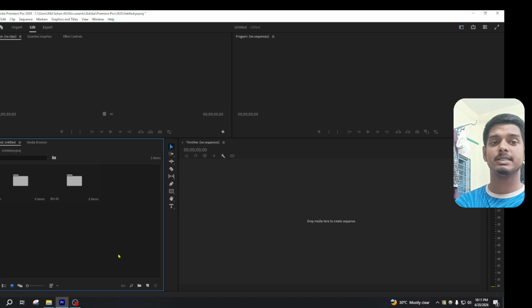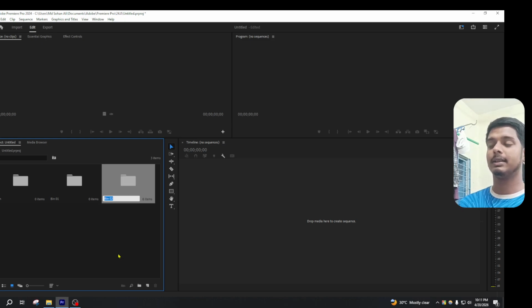The third method is you can use a shortcut to create new bins. For Windows computers, you use the shortcut Ctrl B, and for Mac you should use Command B. I am using a Windows computer, that's why I am using Ctrl B. Now you can see another new bin has appeared, and currently